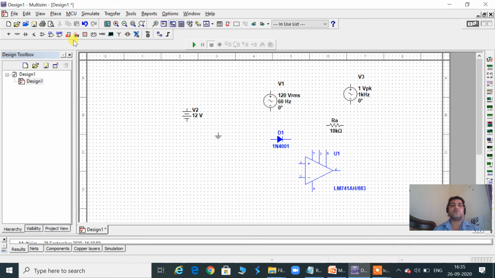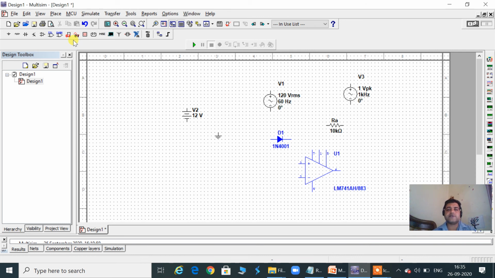Now what do we want to do? Basically sometimes we want to see the waveform in time domain, sometimes we want to vary the value of voltages and see the performance. As for example, if we want to perform a line regulation, which you have already done, we are changing the DC input voltage.